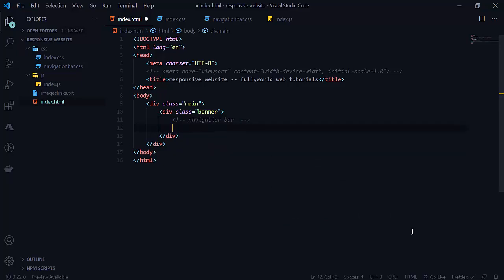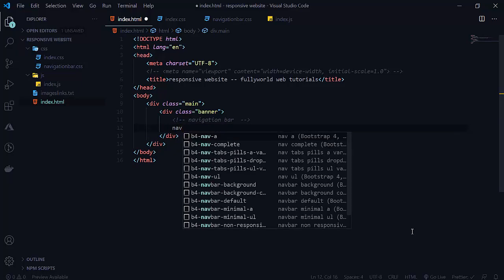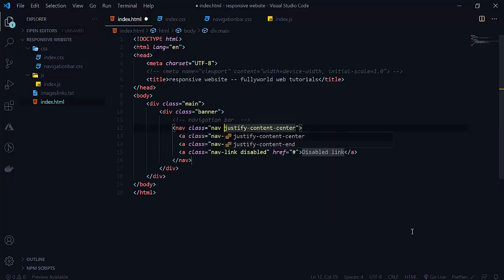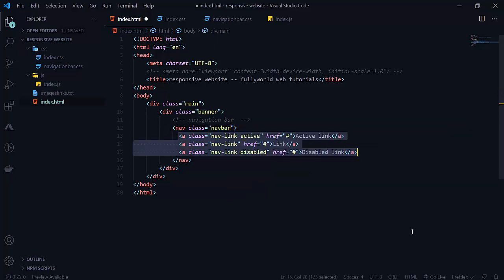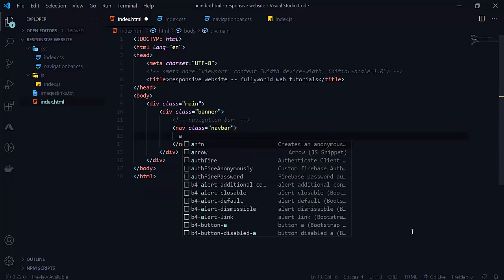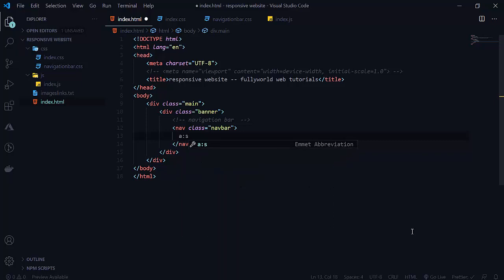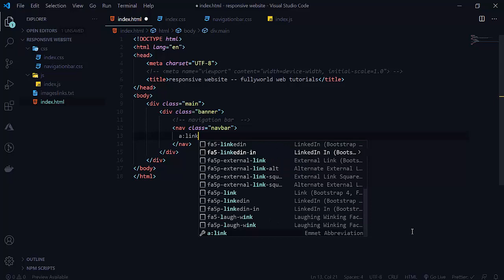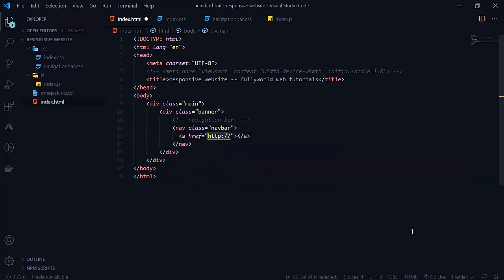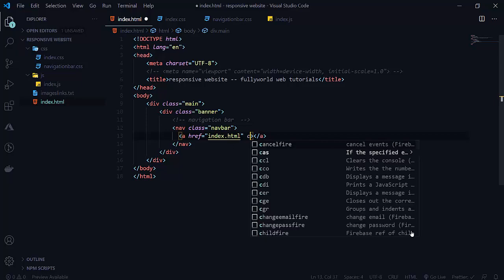The navigation bar will be using the nav tag, so here will be our navbar. After that we want one link, where href will be index.html and its class will be logo.